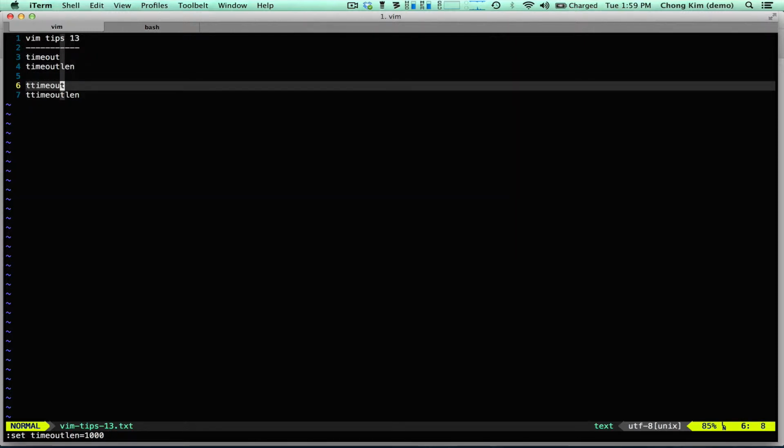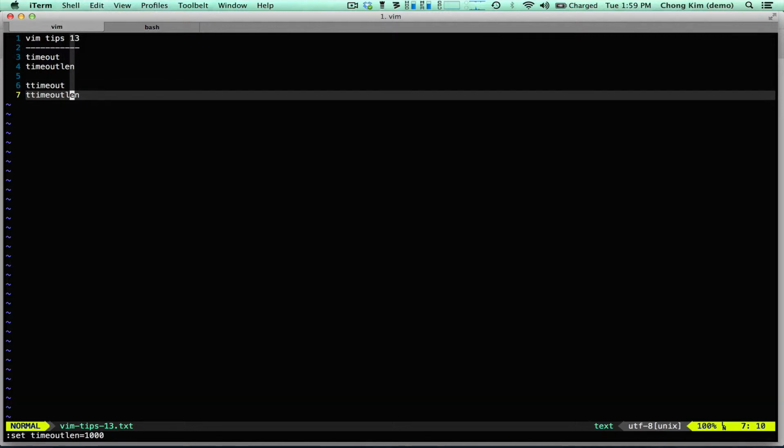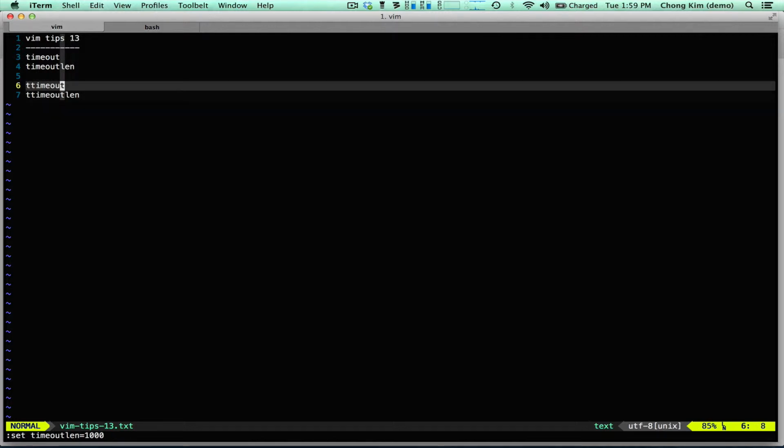Okay, another problem is with escape code sequences. For example, normally when I'm in normal mode and I press capital O, it opens up a new line, and I don't have any problem. It happens very quickly. But if I'm in insert mode and I press escape capital O, it waits 1 second before it actually opens the line. And the reason why is because